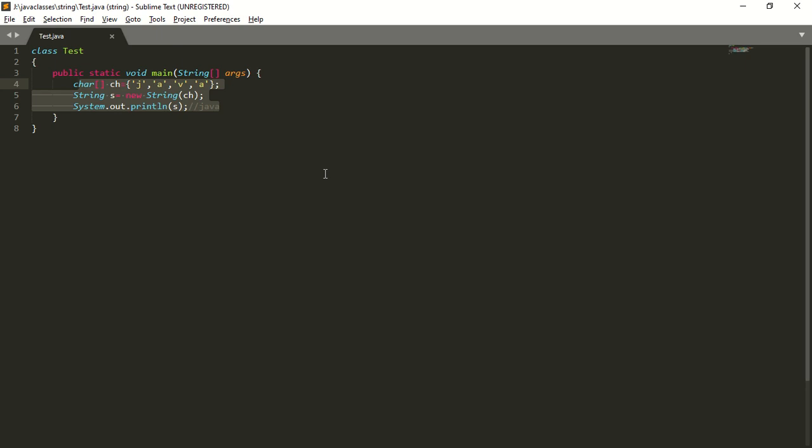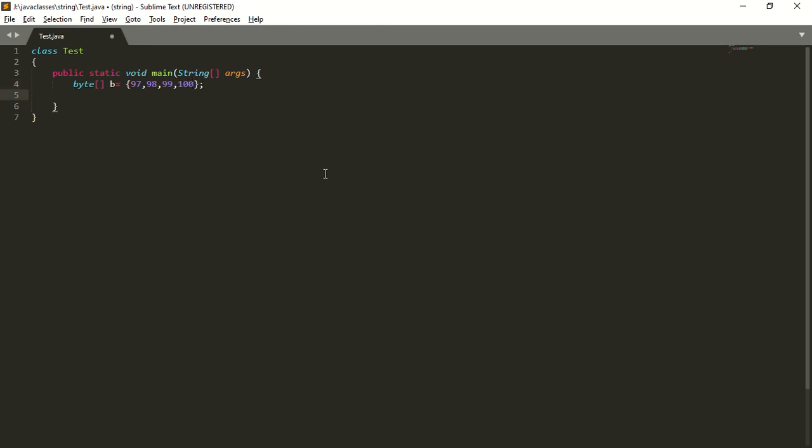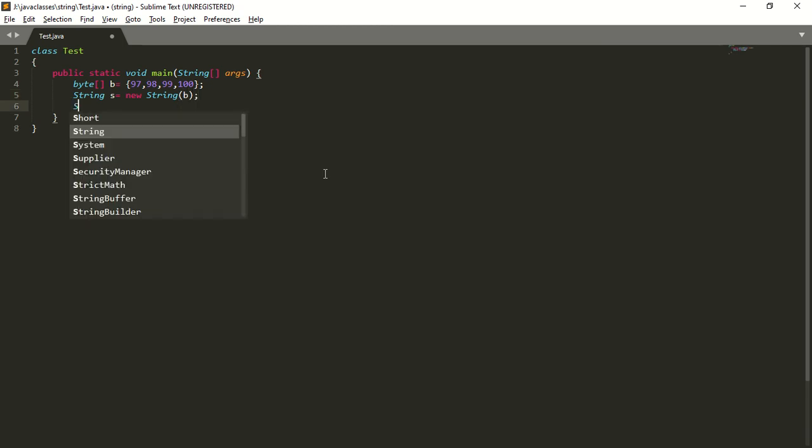So I will take byte array b is equal to, so what were our contents? 97, 98, 99, 100. Next, I want to convert the given byte array into a string. So String s is equal to new String of b. The given byte array will be converted into a string.